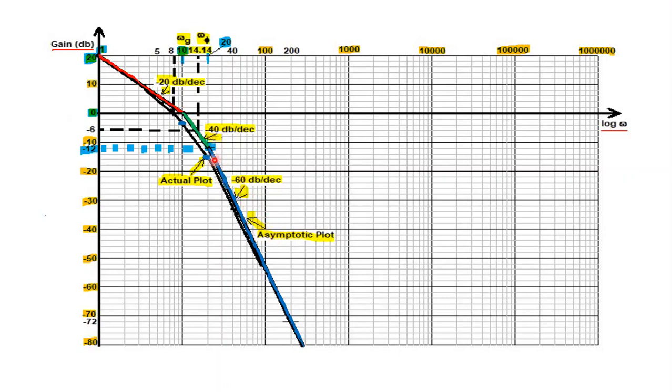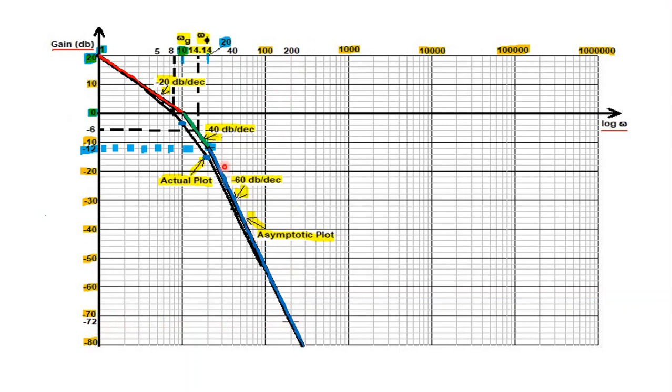Okay. Now we have done up to this. At 20 radian per second, the slope again changes from minus 40 to minus 60, because the next factor 1 by (1 plus 0.05 s) comes here. Therefore, minus 40 to minus 60 means at 20 I have minus 12. Therefore, at 200, minus 12 minus 60, right? Minus 60 dB per decade. Therefore, corresponding to 200, I have to have minus 72. That minus 72 only is marked here.